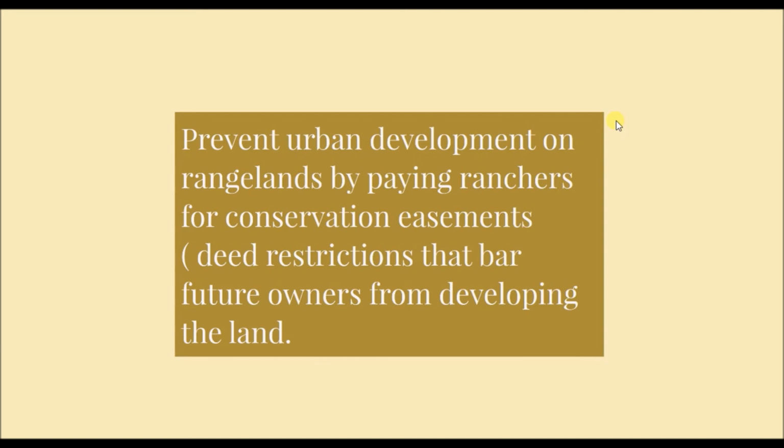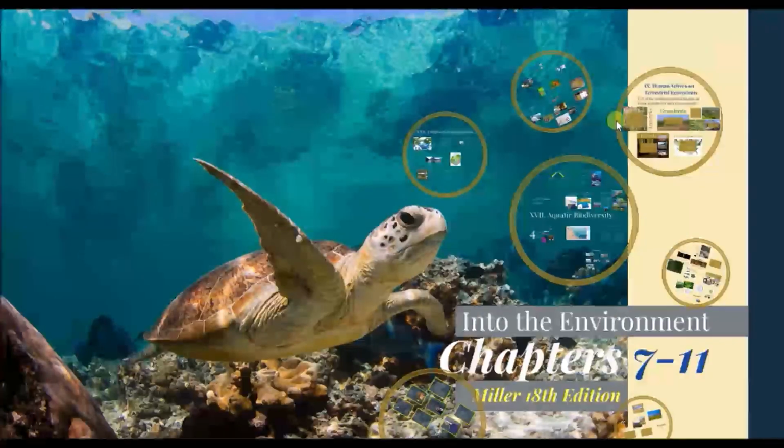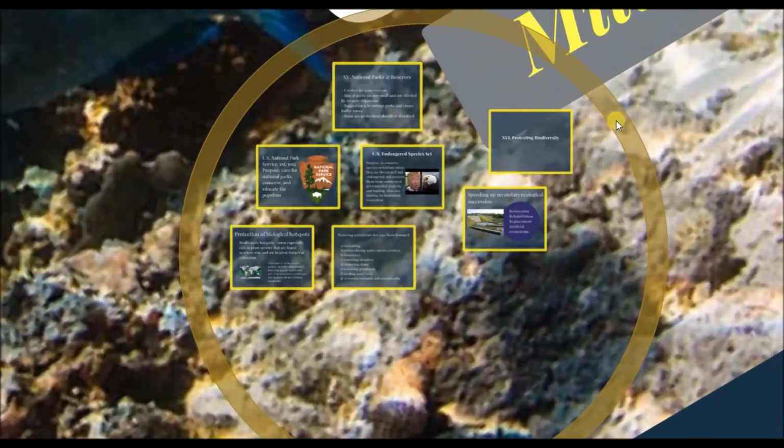We can also prevent urban development on rangelands by paying ranchers for conservation. So a lot of times ranchers will own acres and acres and acres of land. Well, they'll get to a point where they're too old to keep on ranching, and then they want to sell off their property to nearby areas because it's very profitable to be able to sell off that and have industry come in, or to have an entire subdivision maybe built into that rangeland. But if we pay some people to keep that as rangelands, their property, then it helps keep those natural environments available for future generations.